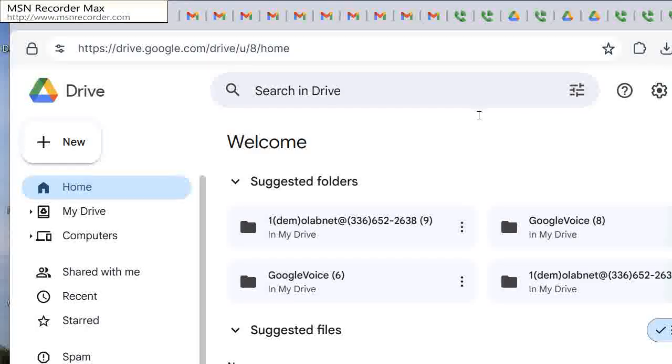A couple of other things that I need to do is I need to document it. So I have a couple of statements that I'm using for the file name. For example, demolab.net with an @ to indicate that that account is a Gmail account, and then followed by the phone number, like area code 336, 652, and 2638 will not expire in 30 days,